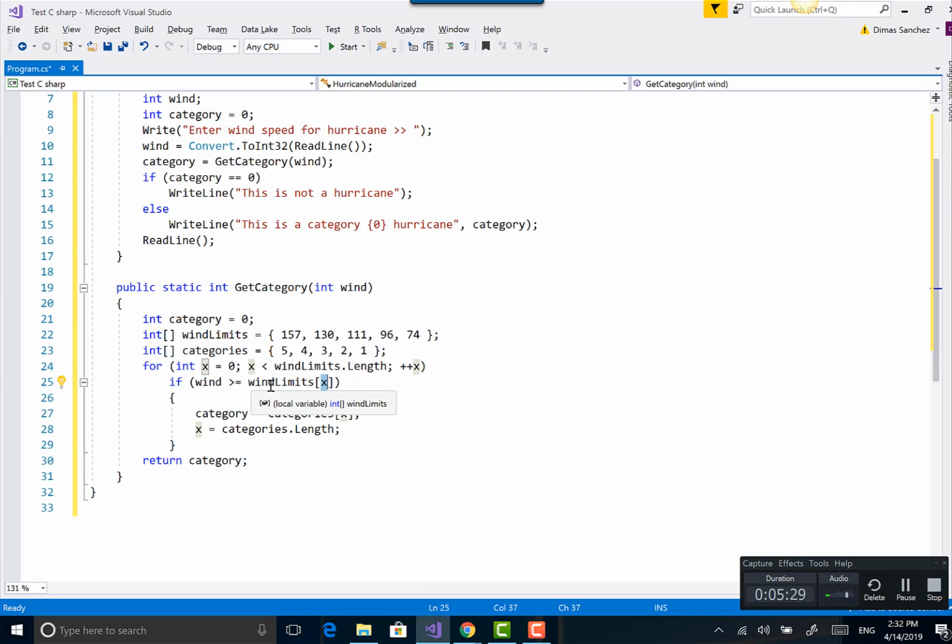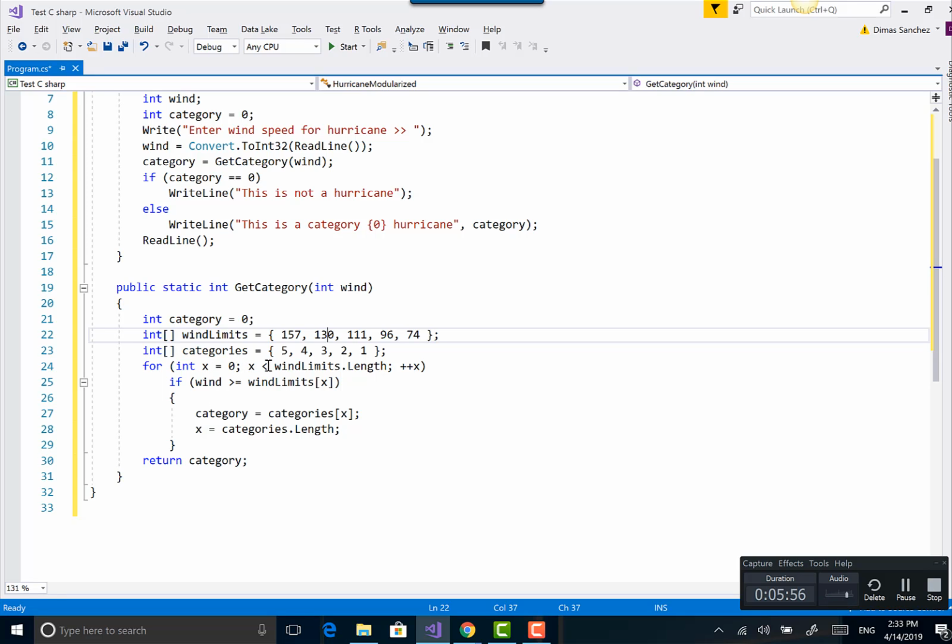Okay, so that means that none of these statements will be executed. So we go to the next position, which is 1. Now wind limits 1, which is 130, compares with 75. 75 is not greater than or equal to, so nothing of this will be executed. And it will continue